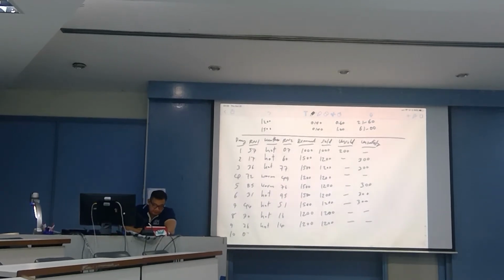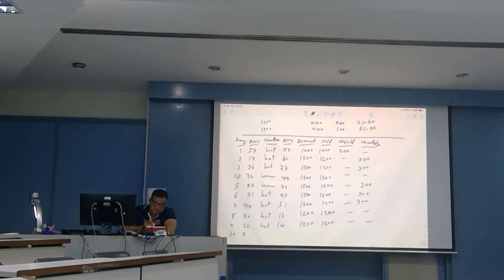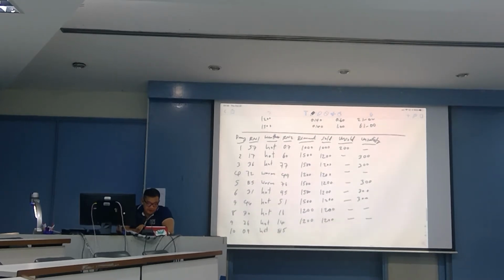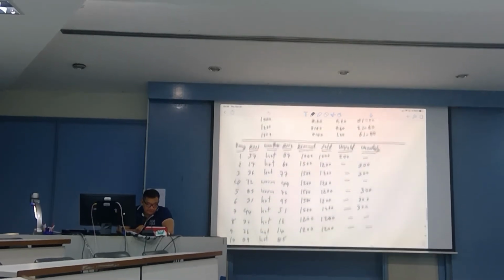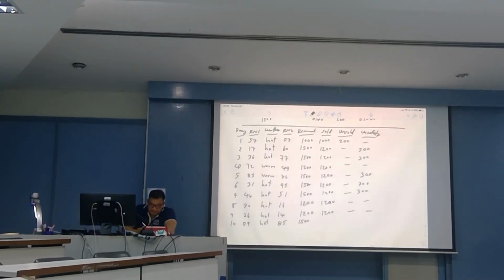Go down. Still hot day. And to 85. So 85 is the rate of 41. So demand is still 1,500, so you can sell 1,200. So then